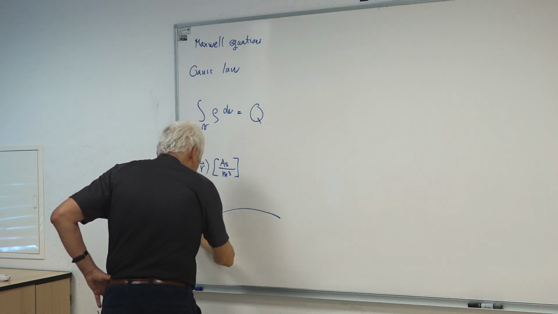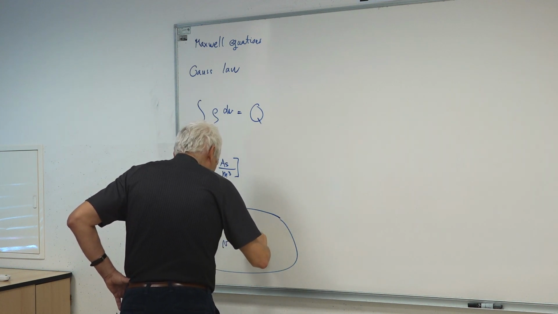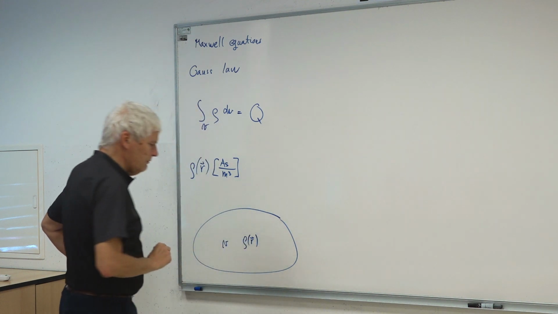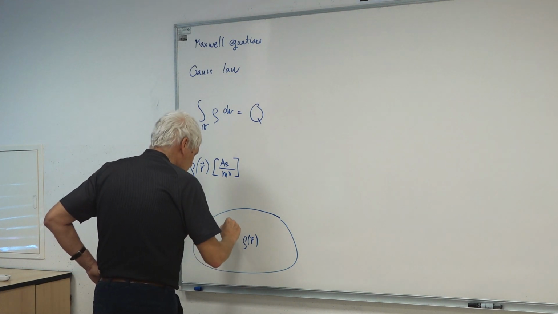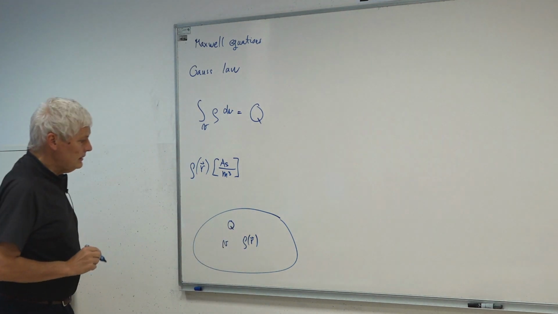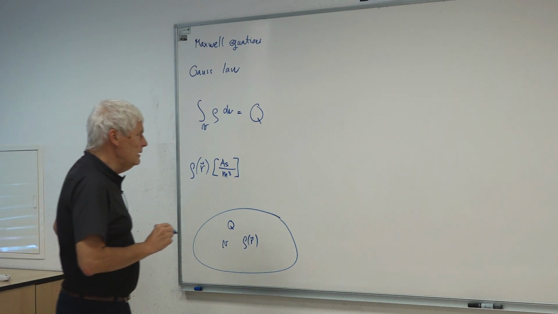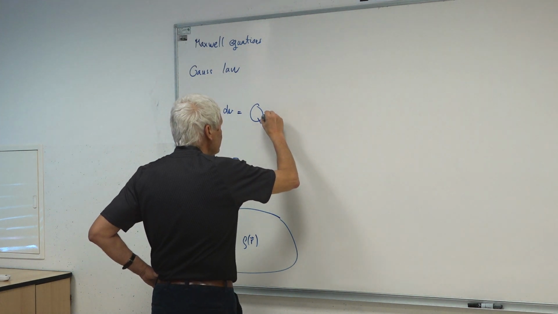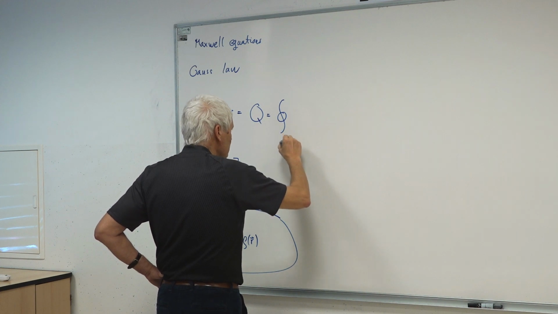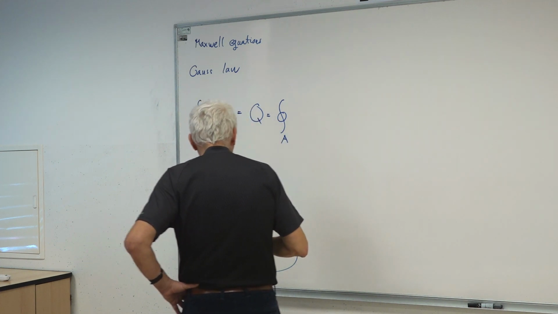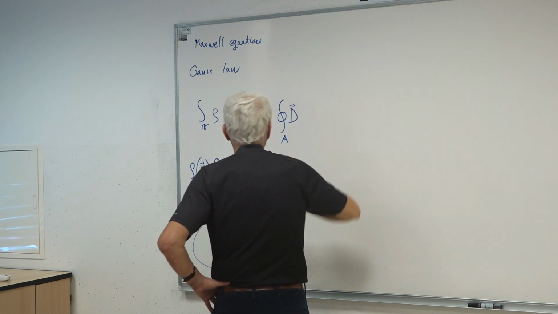So if this is my volume, I have a certain charge density here, maybe a function of the position. I get the total charge that's enclosed in this volume, total charge Q. But I can also compute this total charge from the field of electric displacement. So if I integrate over the closed surface A, this vector of electric displacement D